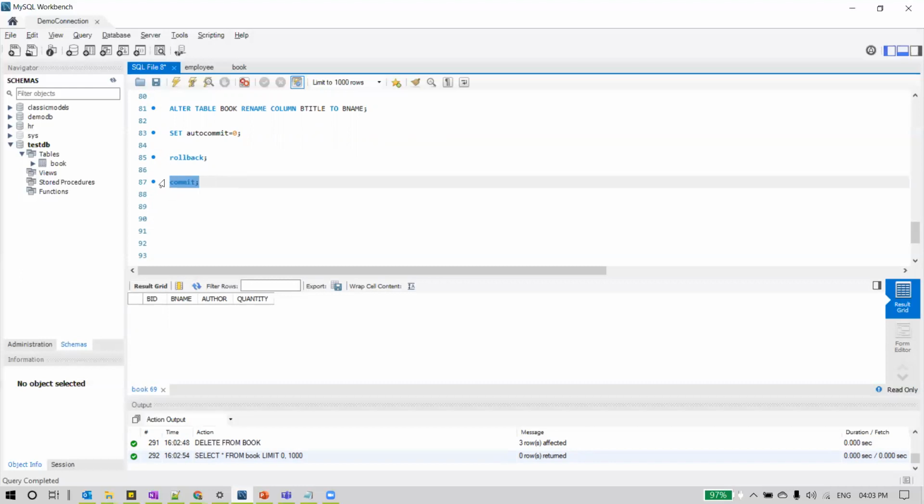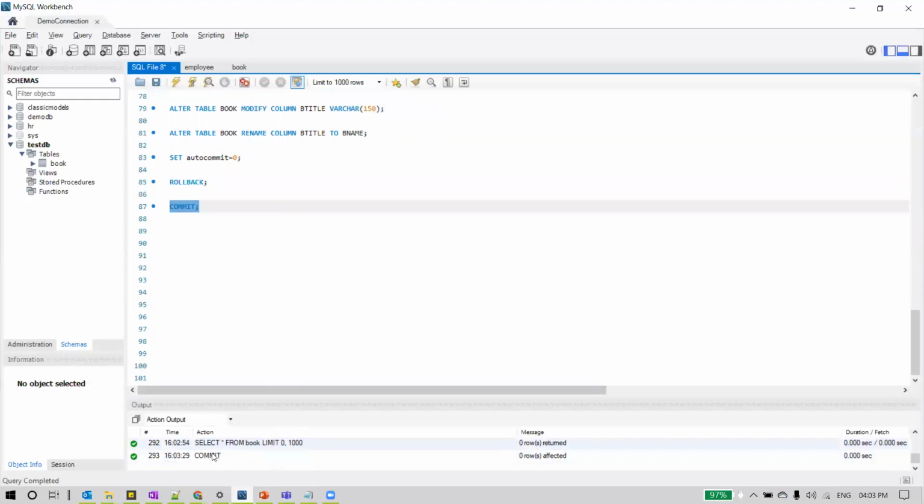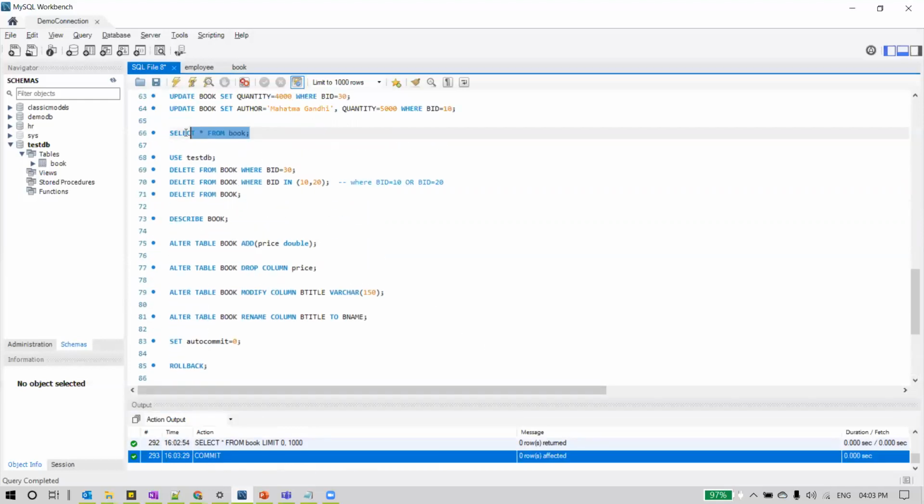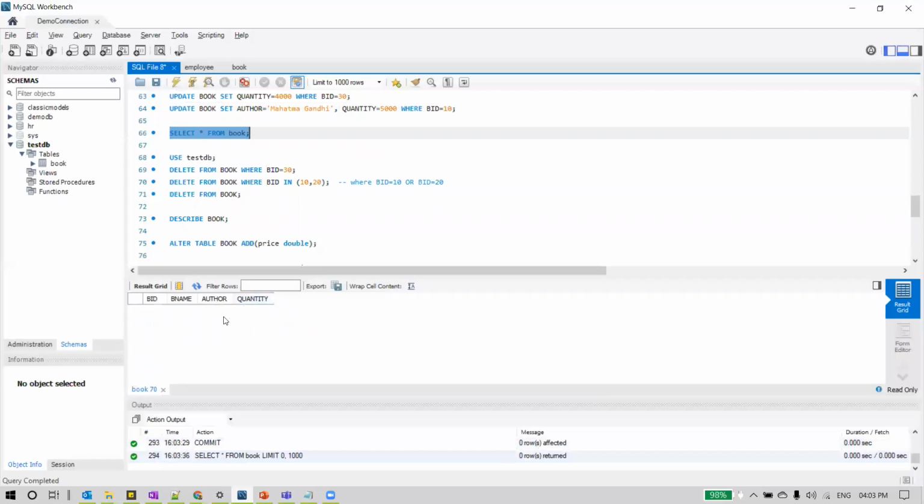So for that, I'll issue this commit command. So you can see it here. It is not case sensitive, but as it is a keyword, I'll represent it in uppercase. You can see here, I'm issuing this commit command. Observe now. Done. This transaction is now completed onto the database. Now, if you go back, select star from book, you will not see it.